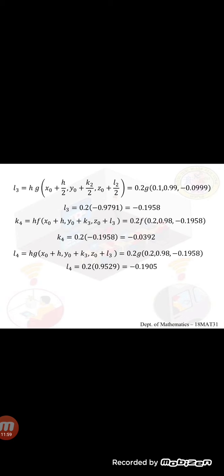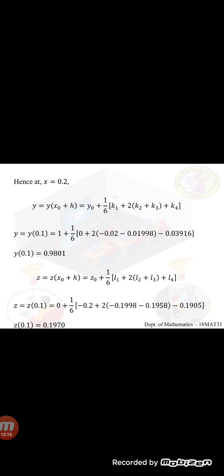L4, same points will get repeated. So 0.2 into g of 0.2, 0.98, minus 0.1958. So L4 will be 0.2 into minus 0.9529. So it is minus 0.1905. Hence at x equal to 0.2, y will be, write down the formula,